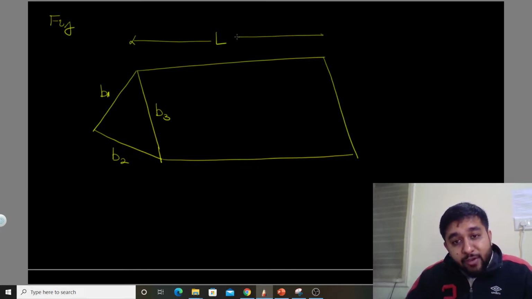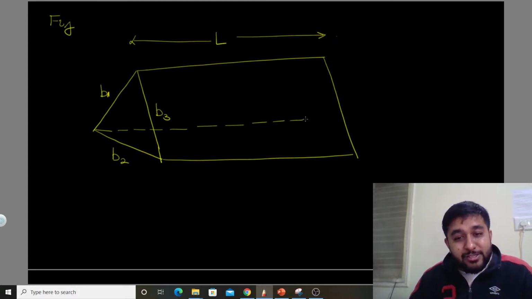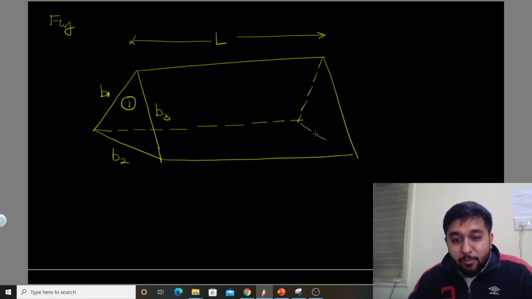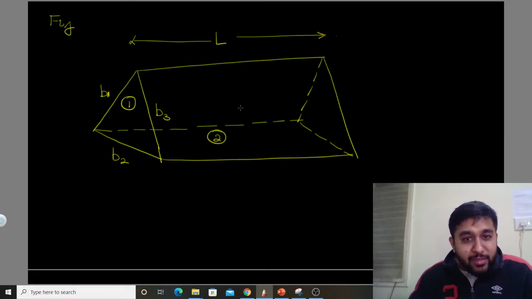In fact, if I consider every side of this triangular duct, every side represents an infinitely long surface. It represents an infinitely long plate. So when we are talking of plate 1, plate 1 has a side B1 and a length L, which is infinitely long. Similarly, the bottom plate we can call 2. It is a rectangular plate of side B2 and length L. And then obviously there is the third surface also, that is B3 into L.